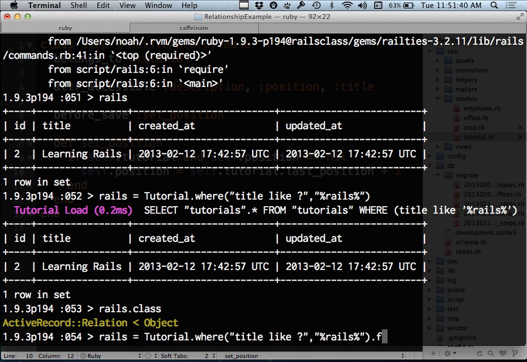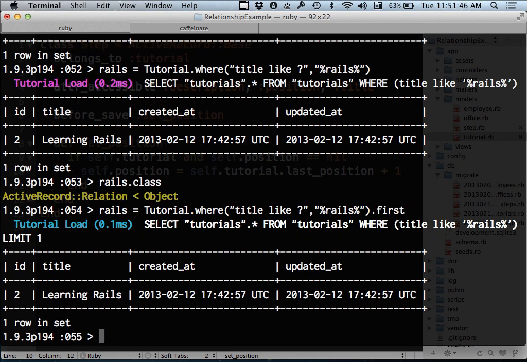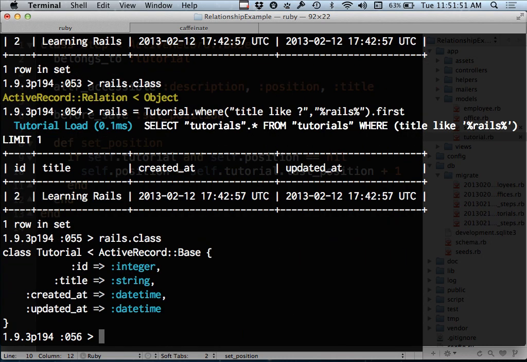If I go back and do that same query, but put .first at the end of it, give me back the first record that actually matches this. Just at a glance, it looks like it did the exact same thing. But if I take a look at the class, it's not just a relation object now. It's an actual honest-to-goodness tutorial object at that point. Everything was just being sort of faked up until then. Good for efficiency, but can snag you every once in a while. So throwing .first at the end of that where method call ended up getting me the actual tutorial I